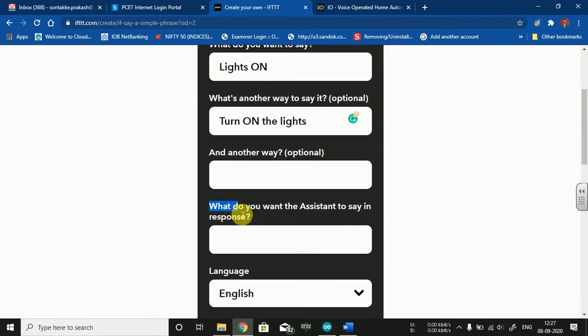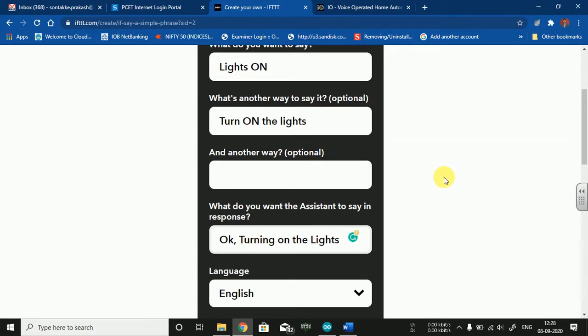And what do you want the assistant to say in response? That is the kind of acknowledgement you get. If I say lights on, I will get a response from the Google Assistant. So what would that response be? You need to write it here. I am writing "OK, turning on the lights".